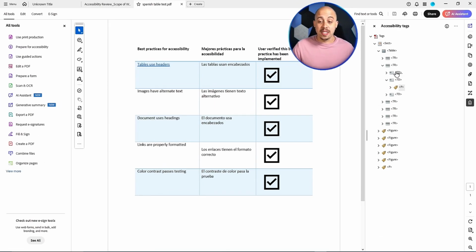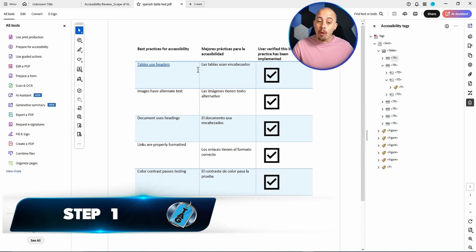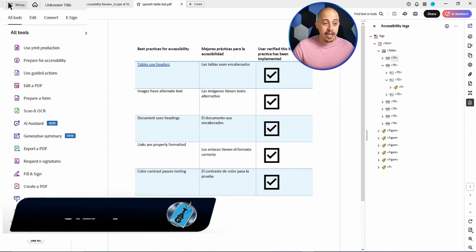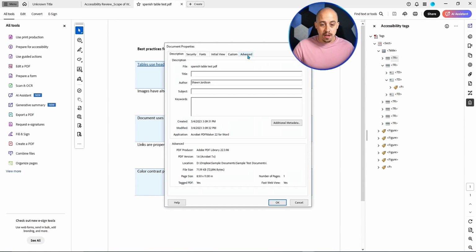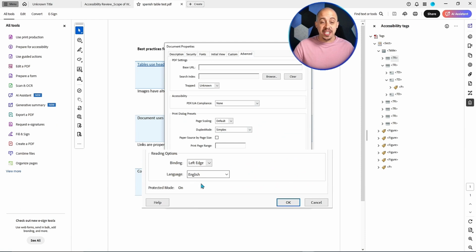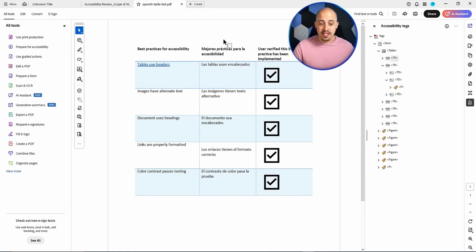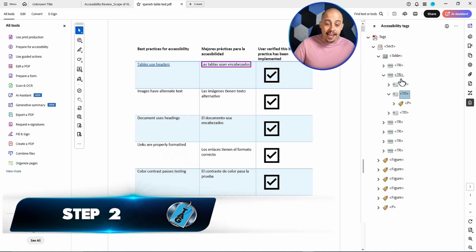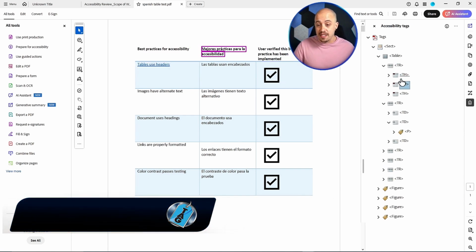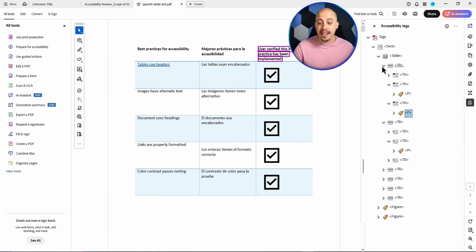This document has both English and Spanish in it, and I would actually classify it more as an English document. So in my document properties, under Advanced, our language is set to English. This means that any language that is not English needs to be tagged as the appropriate language in this file. So I need to find any Spanish inside of this document, and I have a couple of tags in the